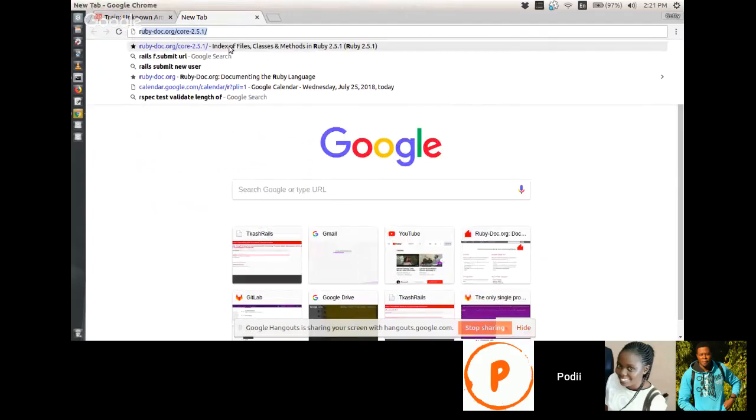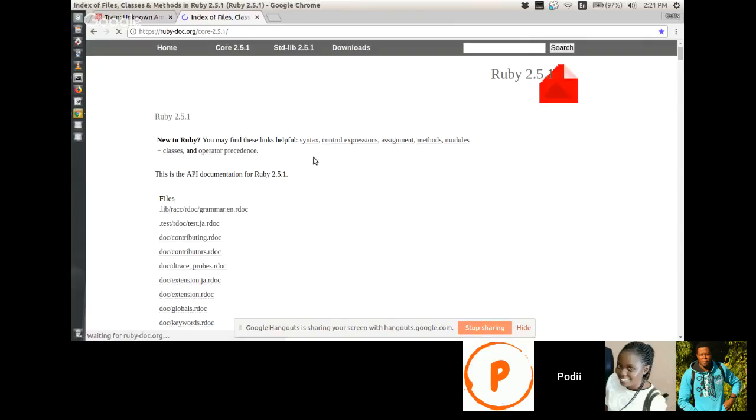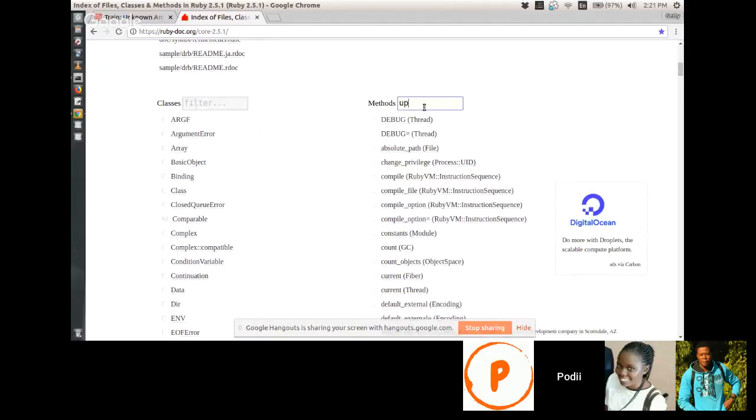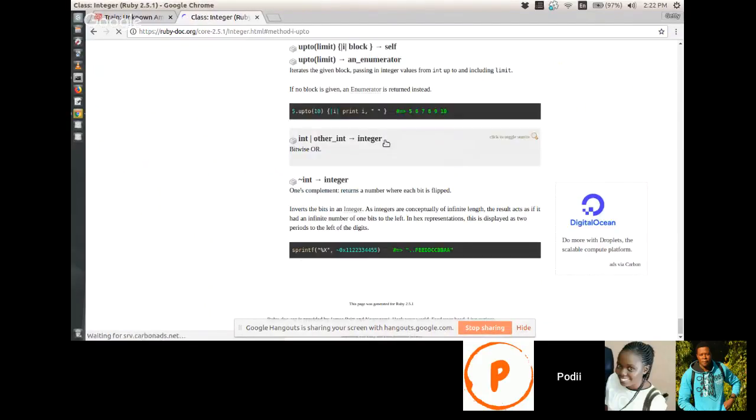Let me check. Up to iterates the given block, passing in integer values from int up to and including limit.